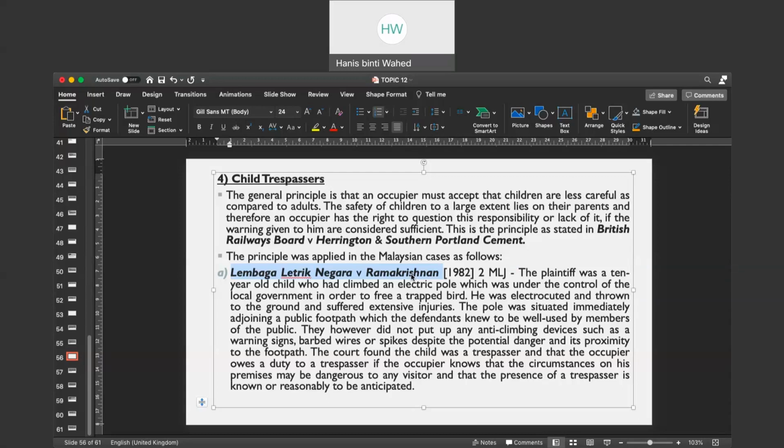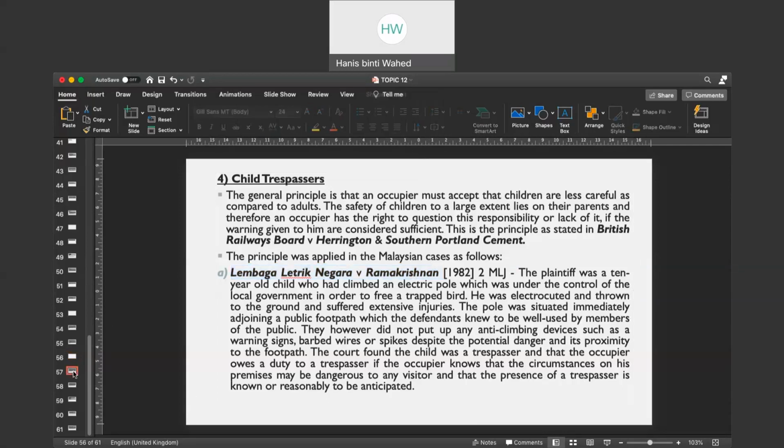Jadi these are the two factors that will be considered by courts. Ya, jadi mahkamah dalam kes ini refer to these two factors. Okay. Alright. So that's about child trespasser. Okay, lastly,